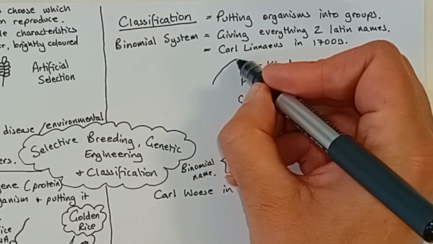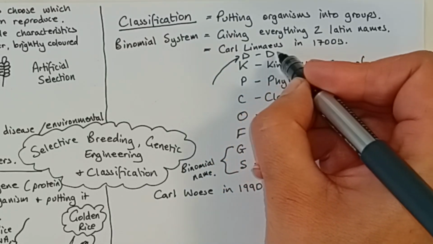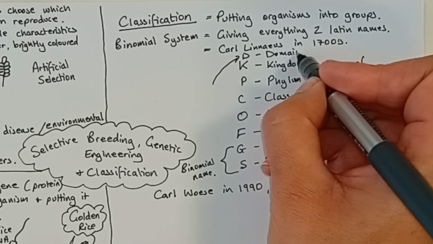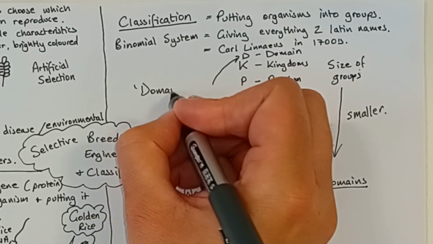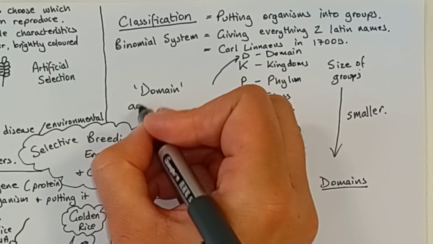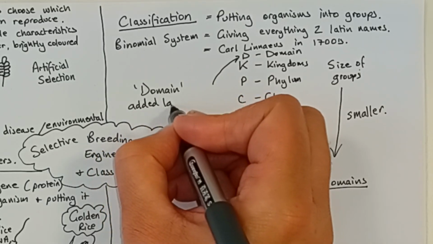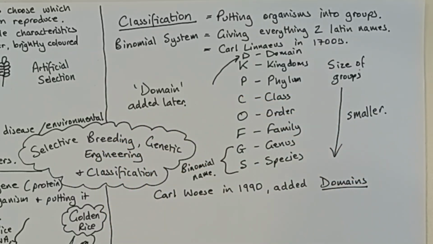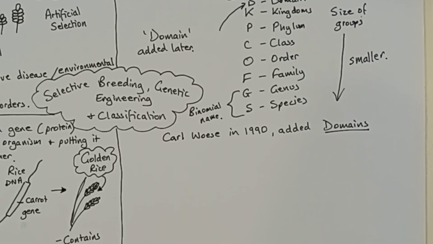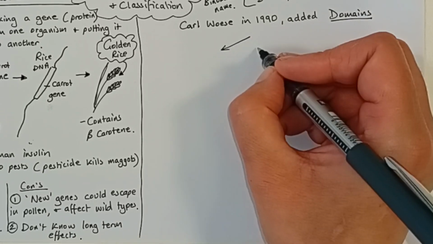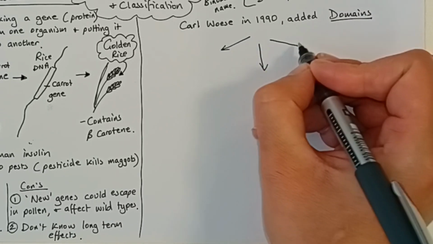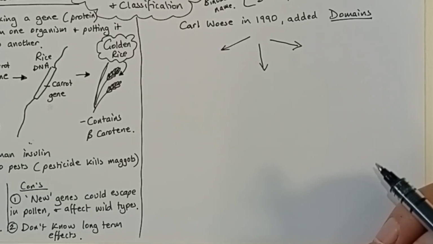So domain was added on much, much later. So Carl Woese said then that there should be, instead of just going to 5 kingdoms, the level above should